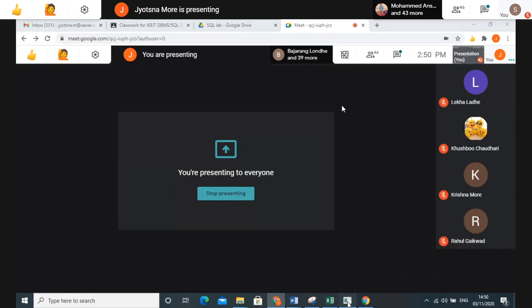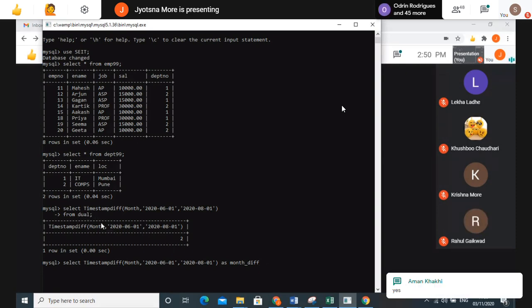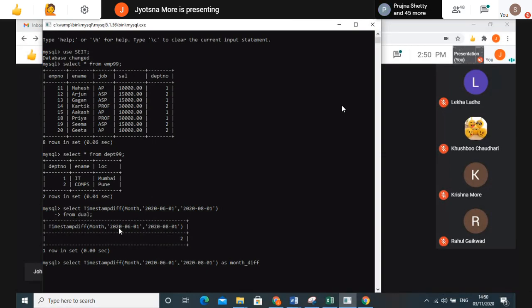Okay. So I was talking about the month difference. You can use the function timestampdiff, and for whatever date-related issue you have to find out, you can use the table dual, which is available anytime for your queries. Here we are getting the difference as 2 months. Now, instead of getting this output as the column name, we can just rename it.